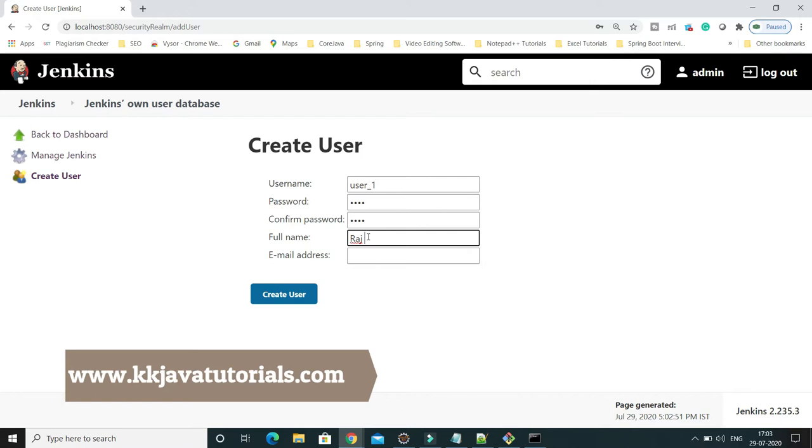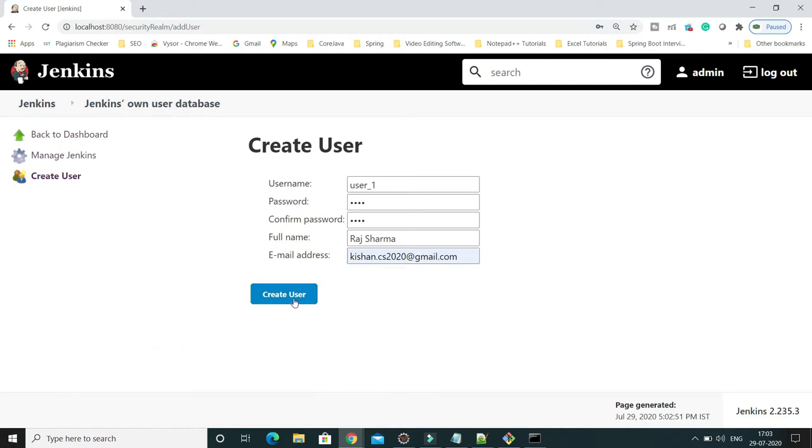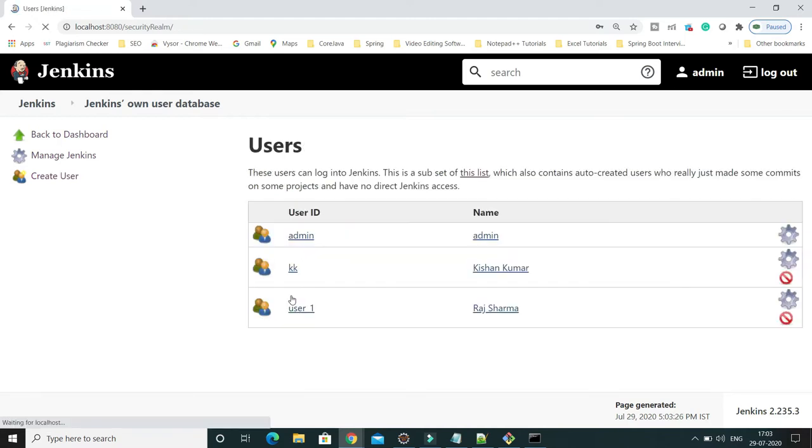I'm going to specify Raj Sharma. You can also provide the email, and click on Create User. So the user has been created.